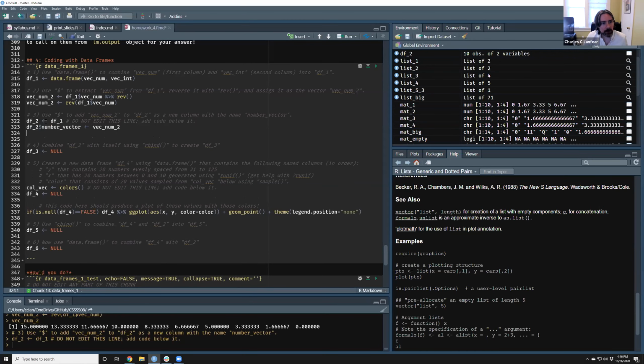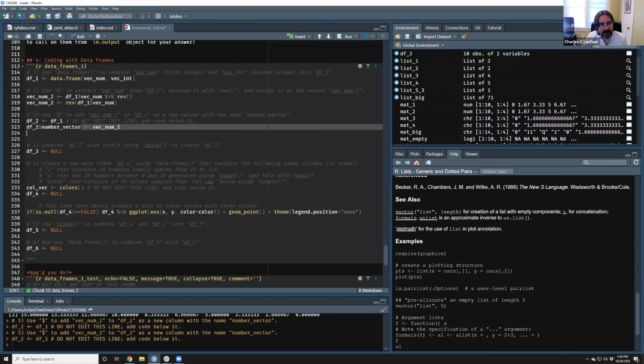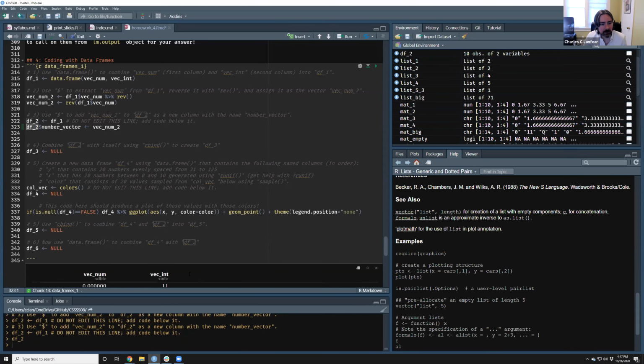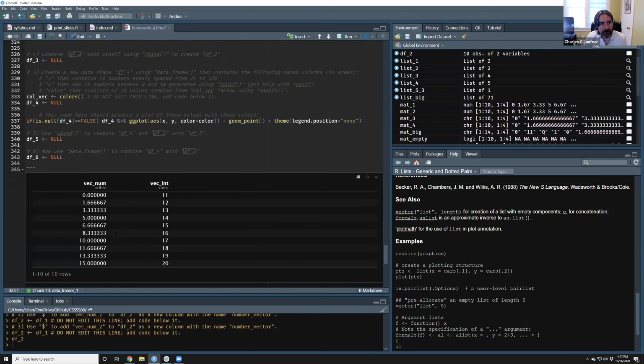So here, what we're going to do is take data frame 2, extraction operator, number vector. The thing is this doesn't exist yet. If I use this operator with number vector, but assign something to it, it will add that column to the data frame. So right now, df2 looks like this, vecnum and vecint.